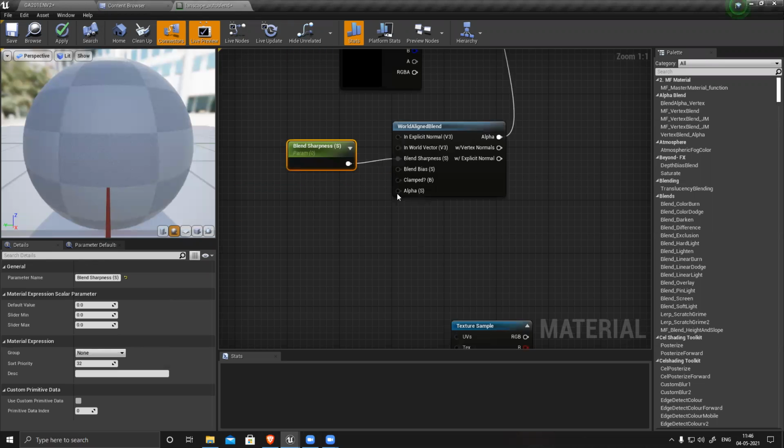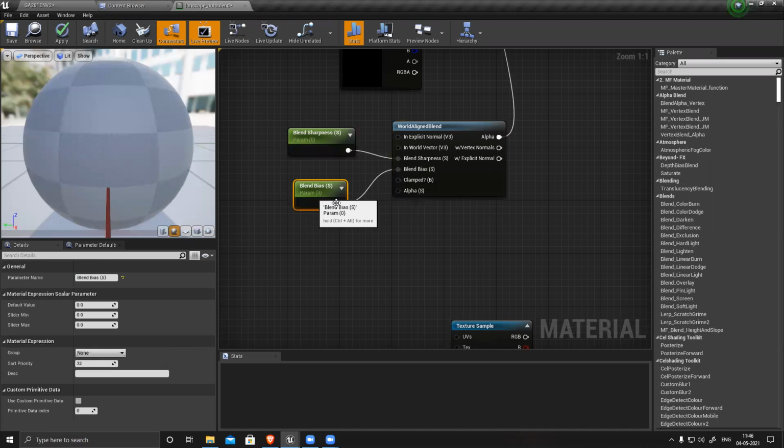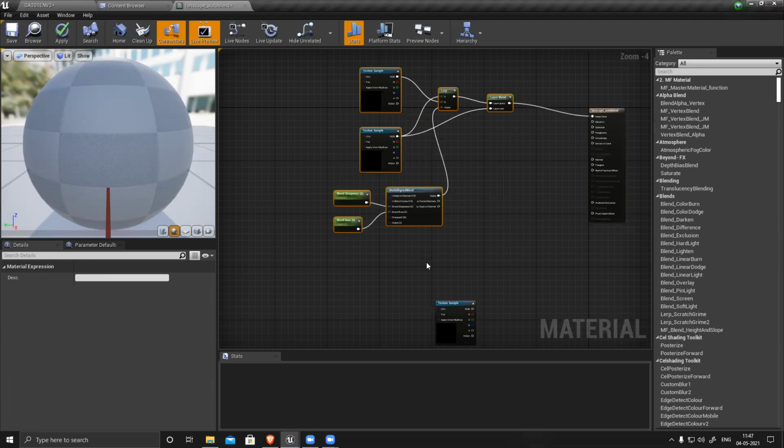For blend bias, like angle, and sharpness is basically how sharp the blending is, smooth blending or sharp blending. And blend bias is like generating your texture based on this. So this is the basic default setting, and it's ready. This is the only thing we have to create.